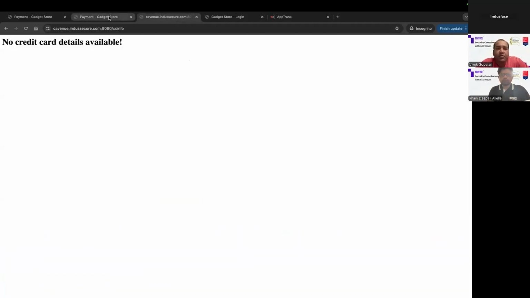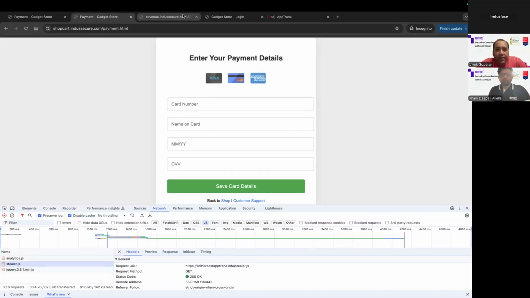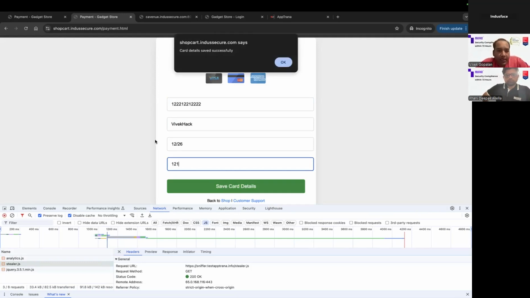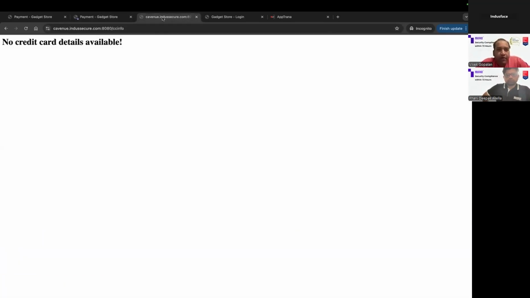At this point, there are no credit card details available. Now, if I give my data here, say I am hacked 1 to 26, 1 to 1, and save it, the credit card data is saved. But if you come here and see this,